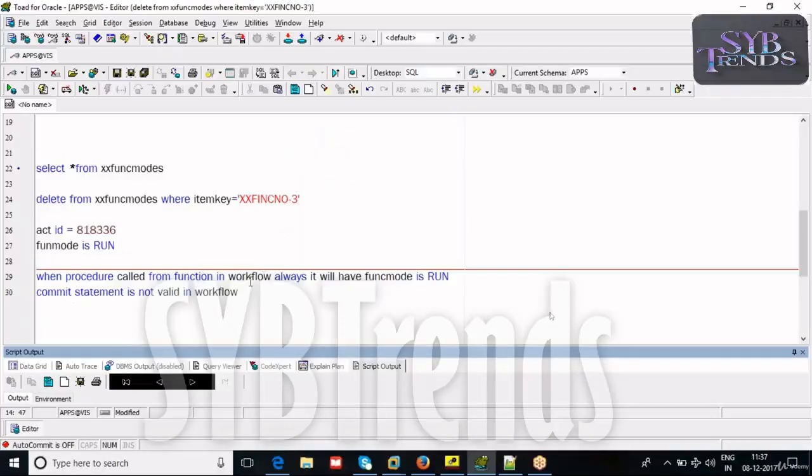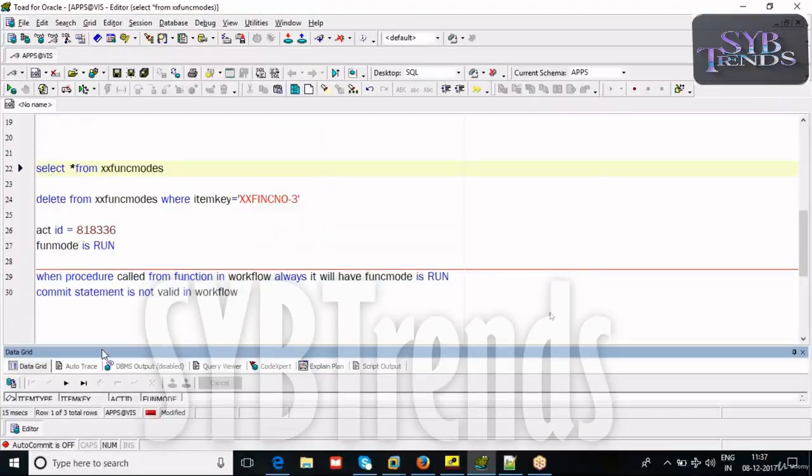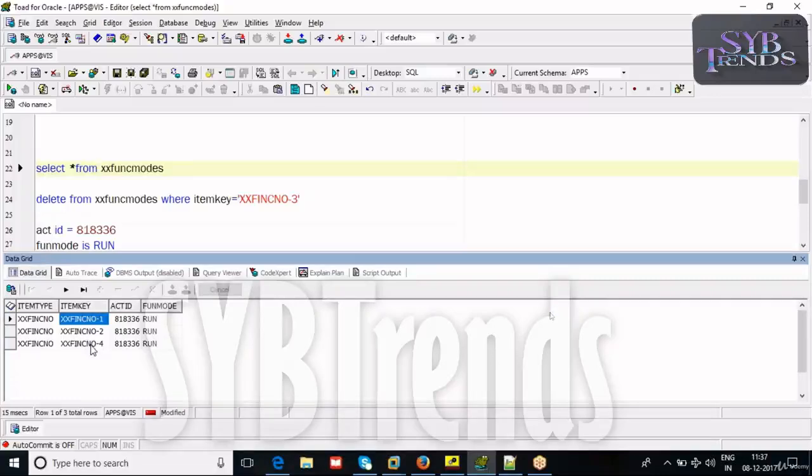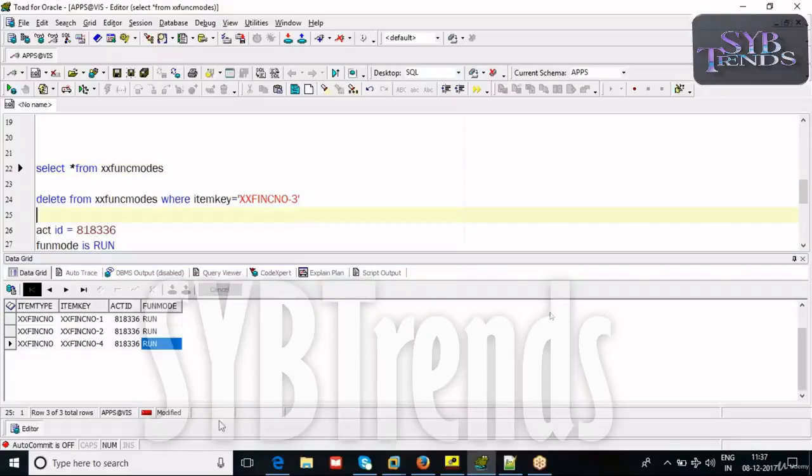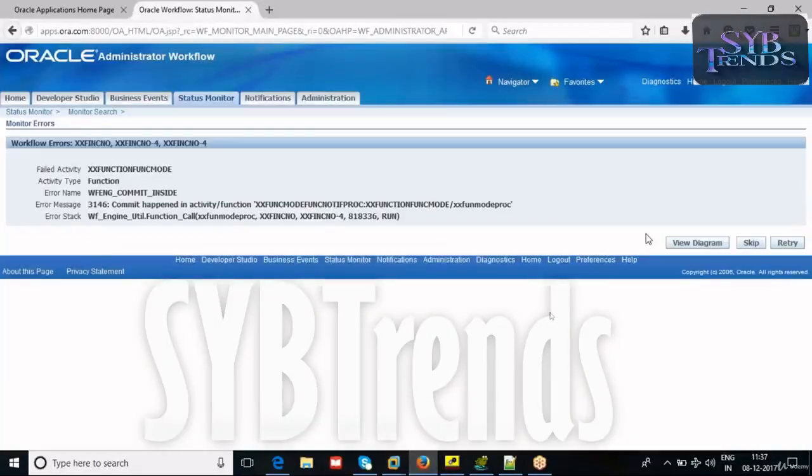Now what is the status you are having? Check it out in the select star from func mode. Do you have anything here with the item key 4? Item key 4, yes, it is still in run mode. It has come to run mode, but the workflow is errored. Now you can see, when you see the status, you can see here a button called